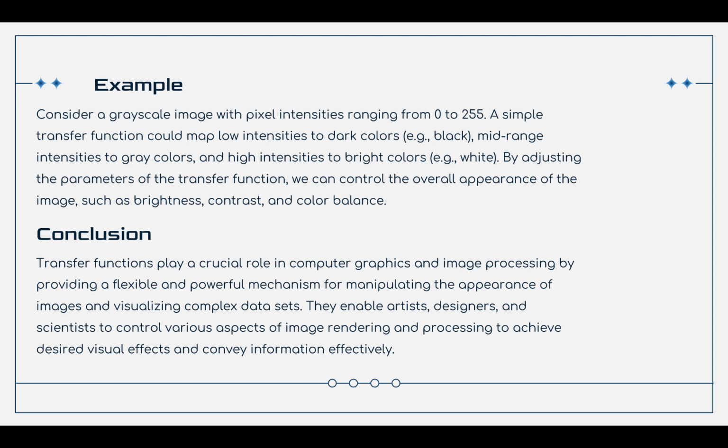An example of transfer function: we can consider a grayscale image with pixel intensities ranging from 0 to 255, and a simple transfer function could map low intensities to dark colors, mid-range intensities to gray colors, and high intensities to bright colors like white. By adjusting the parameters of the transfer function, we can control the overall appearance of the image, such as brightness,